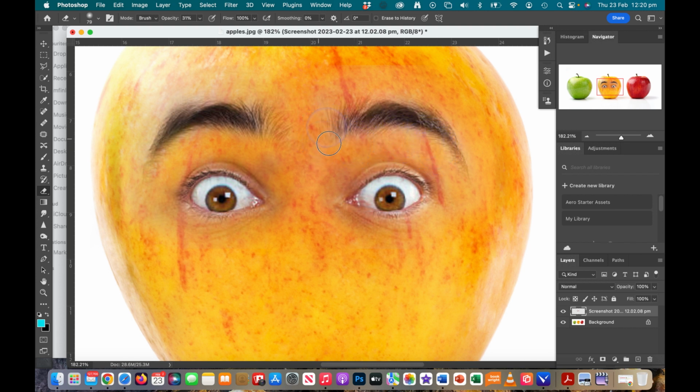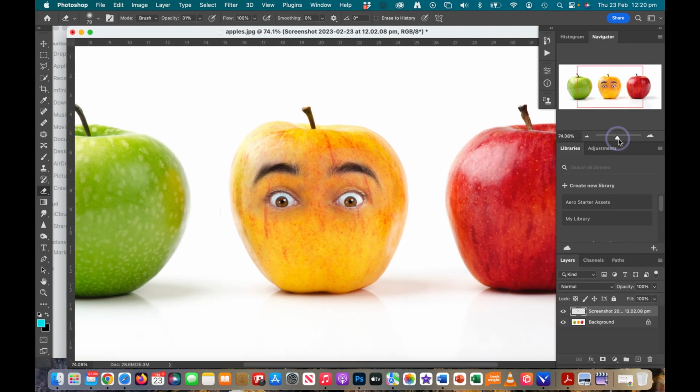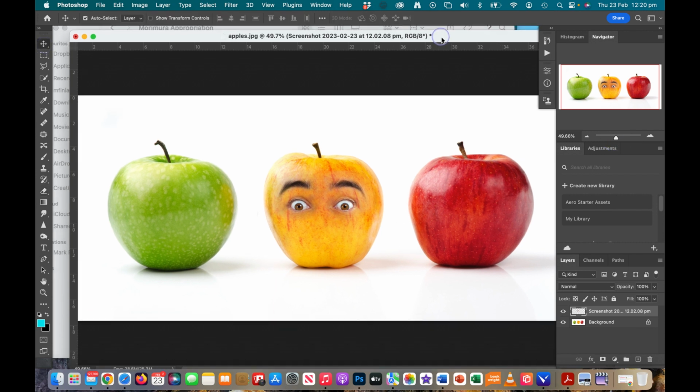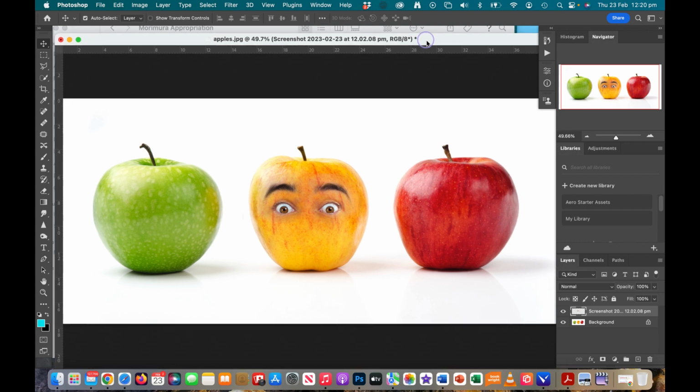You can be a lot more careful than I am too. I'm just trying to get this fairly quickly for this tutorial and give you an idea of what I'm doing. So there it is. I'm going to zoom down there. And there's my scared looking eyes on my apple. Cool. Happy with that. I'm going to start with my